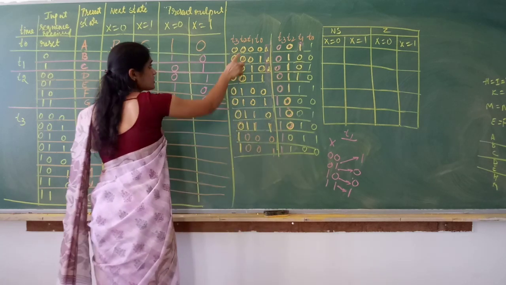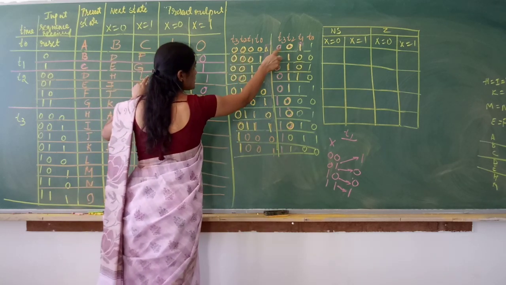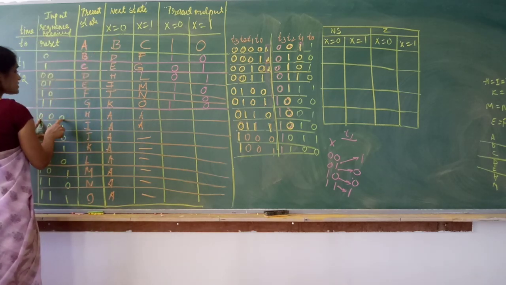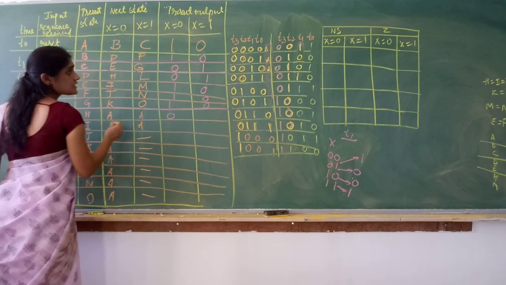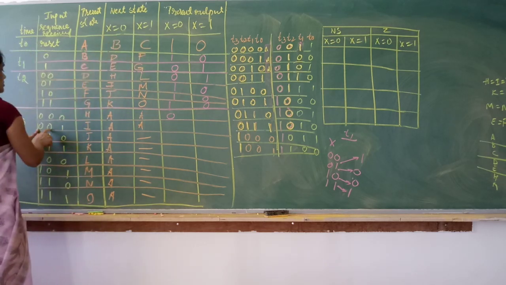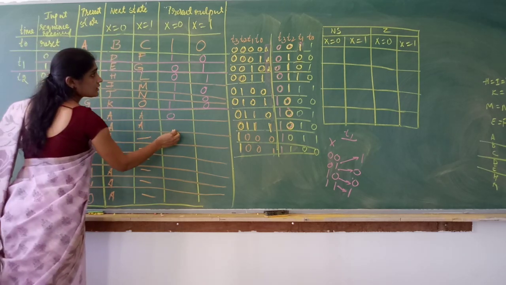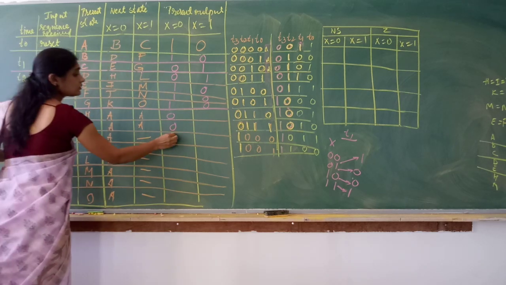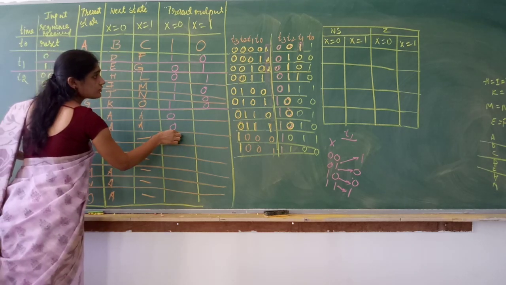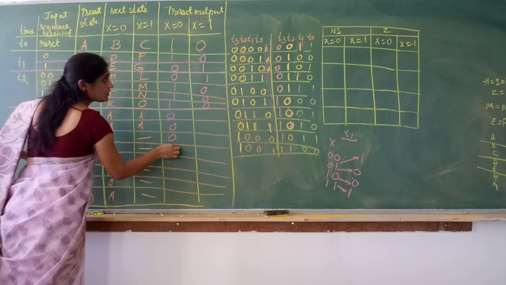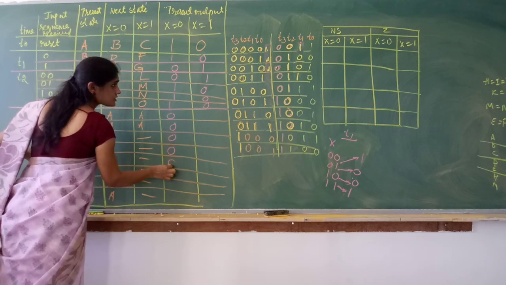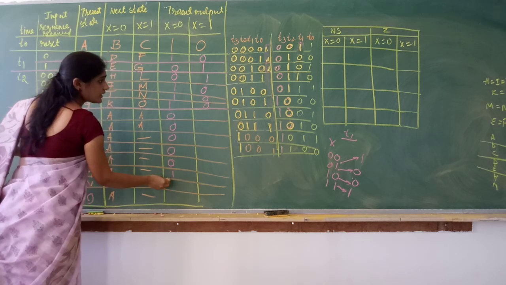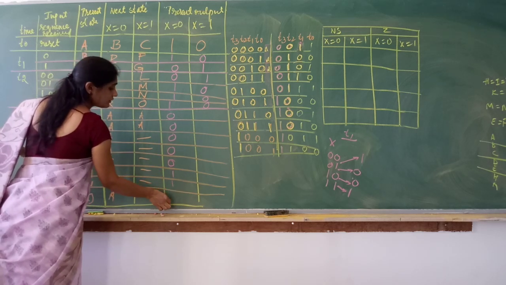Okay. So if we receive 0, 0, 0, 0, T3 is what? 0. T3 is 0. 0, 0, 0, 1, 0 again. 0, 0, 1, 0, 0, 0, 1, 0, 0, 0, 0, 1, 1, 0, 0, 1, 0, 0, 0, 0, 1, 0, 1, 1, 0, 1, 1, 0, 1, 0, 1, 1, 1, 1.